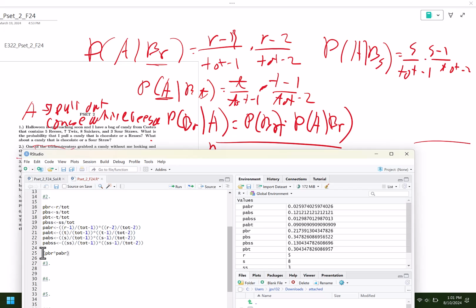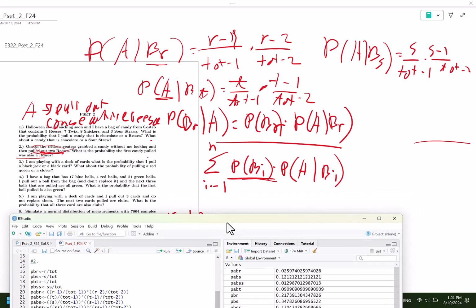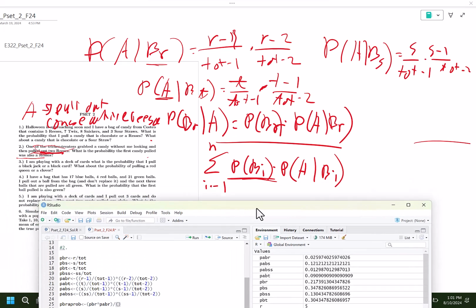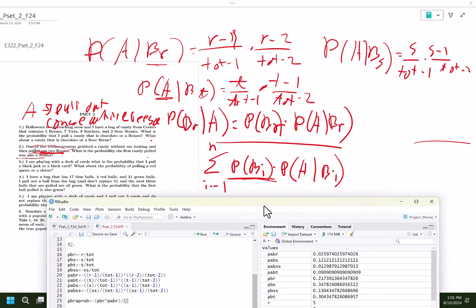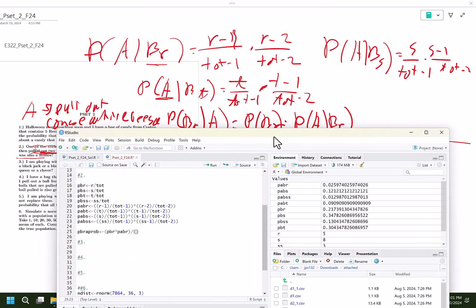We're going to call this PBR A prob. And then we're going to divide that by, and now we're going to get into it right here. So now we're going to sum basically all of those probabilities. So actually we'll start off with PBR times PABR, plus, so we're summing it, PBS times PABS,